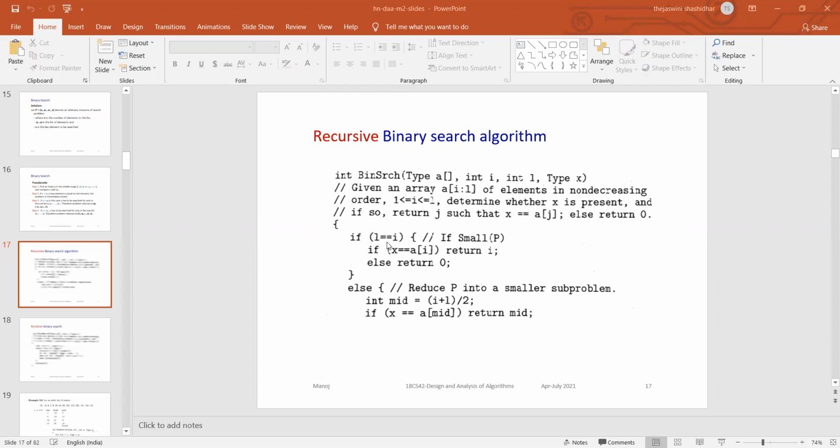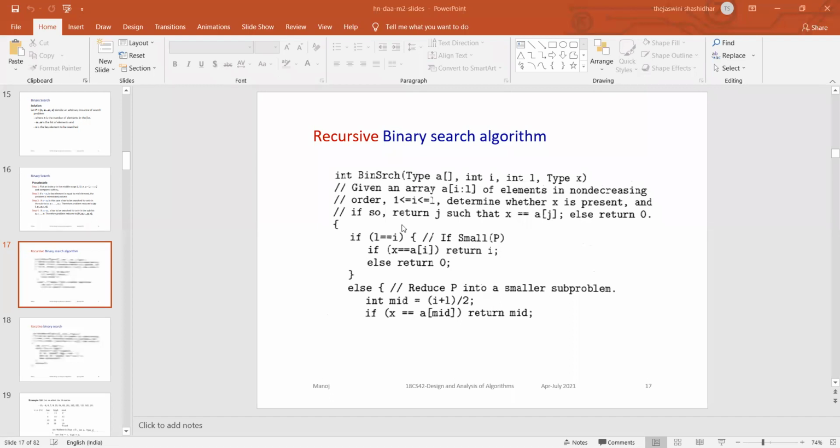Now this is the recursive algorithm. If L double equals I, that means the first element and last element are same. If the first element and last element are same, how many elements can you have? Kindly answer here. Keep in your mind, I am asking about the first element and the last element.